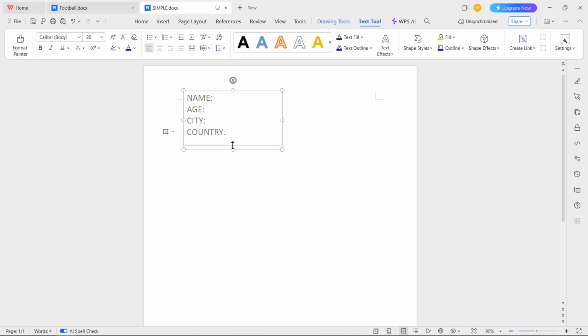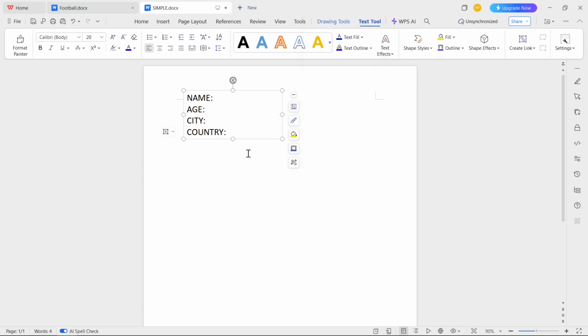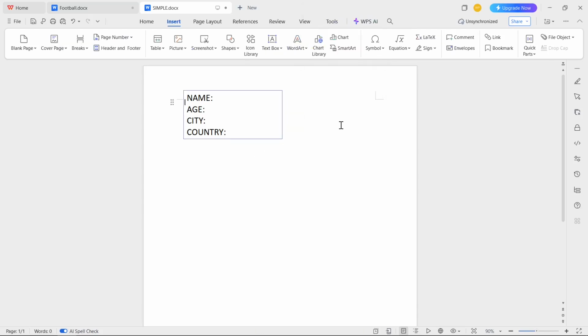Then I need to modify the position of this text box maybe to this one, and I click shape outline and I select the color which I want to use. Maybe I will select here steel blue color, so I click on it. And now if you click somewhere outside the box, you may see that the first label has been successfully